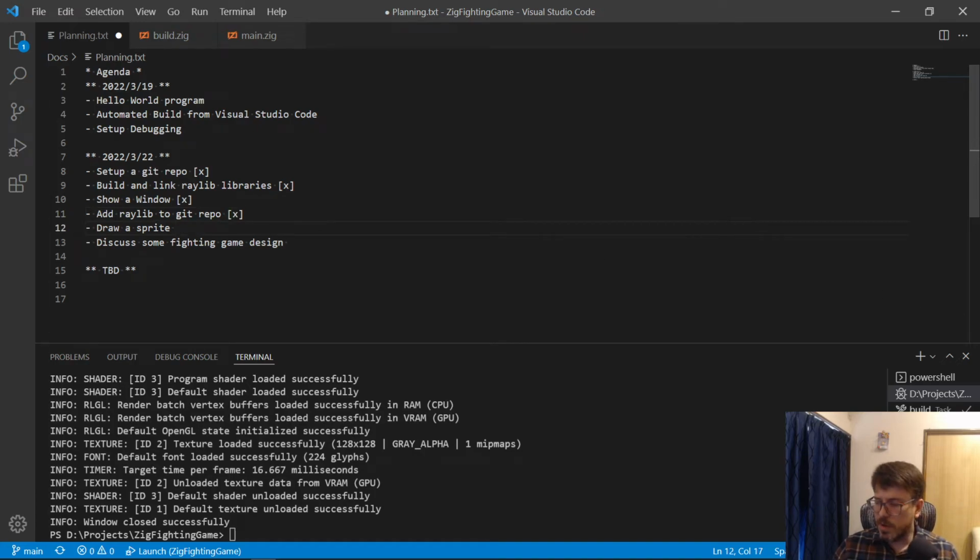Okay, how much time do we have here? Okay, about an hour in. Drawing a sprite. You know what? I think it's a good point to call it. You all can pull down the repository if you want. Play around with it. I don't know if you're going to need anything else as a third party